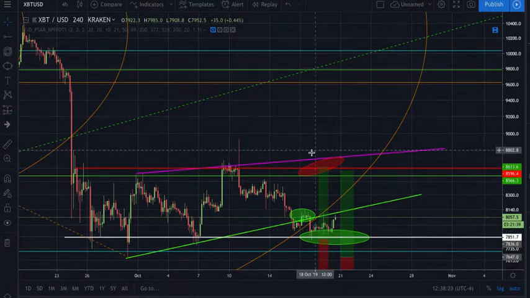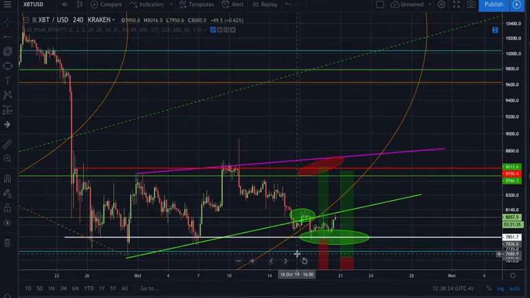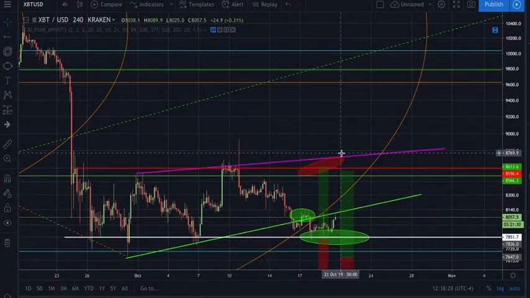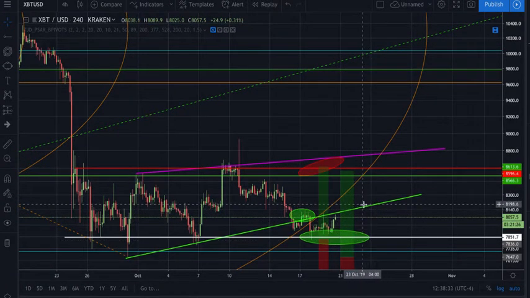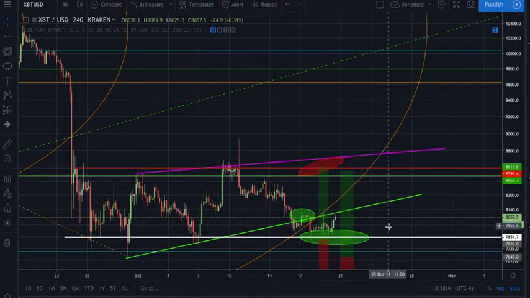if you're just not sure, all you can do is accumulate through this or distribute through this zone right here: take shorts through the top of this range, take longs through the bottom of the range. Then you might have a long from this area, you might have a short from this area. They're both in the middle right here, both in profit. And then as one gets closer to the other, when the range finally breaks, you can take profit on your longs up here at the top of the range. You can take profit on your shorts down here at the bottom of the range,